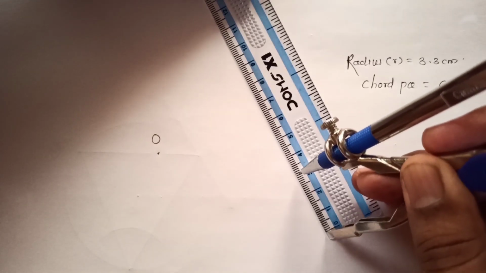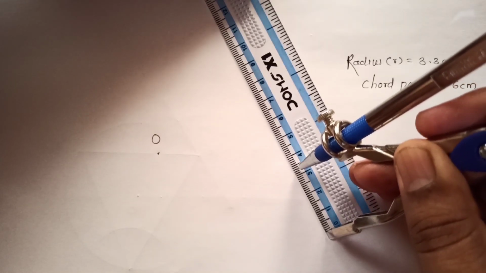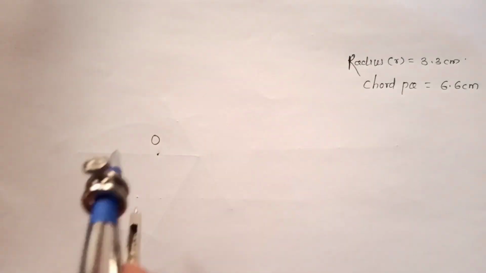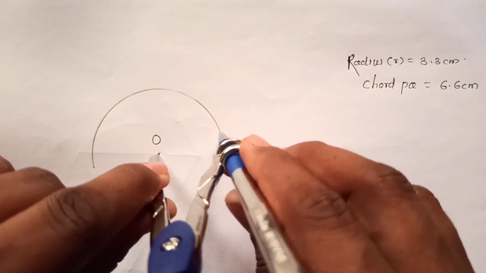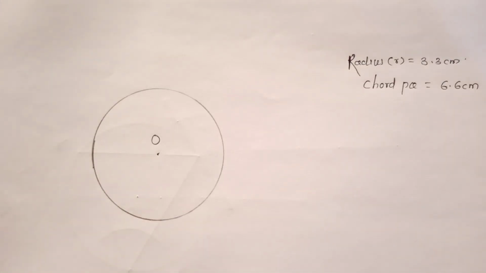Look at here, 3.3 centimeter radius of the circle. Let's draw that circle. Okay, so this is the circle with a center O, and the radius of the circle is